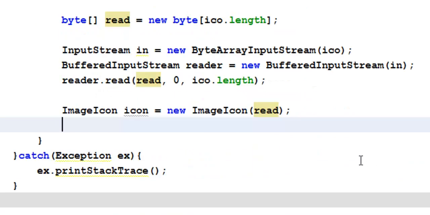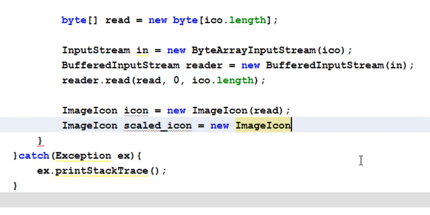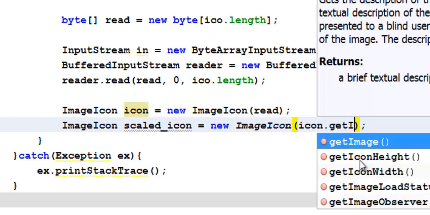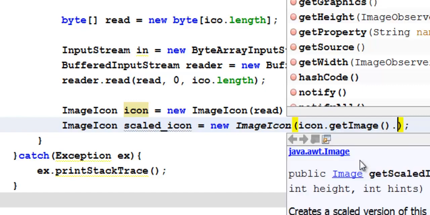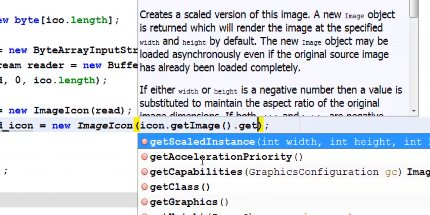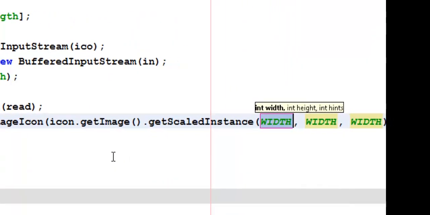Then by the end of the day, we have to scale it as well. ImageIcon, I'll call this scaledIcon equal to new ImageIcon. Okay, then we now start our scaling. Icon.getImage.getScaledInstance. Here